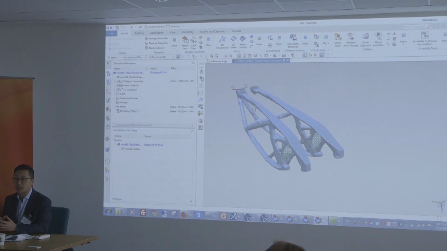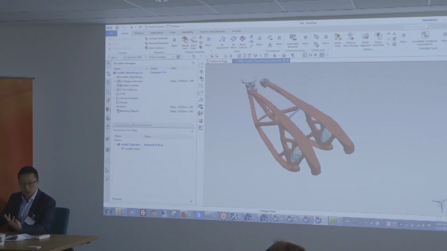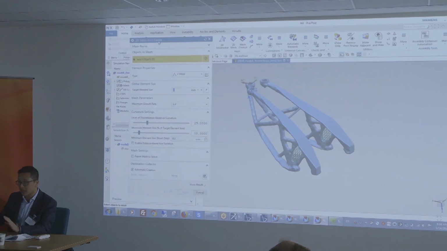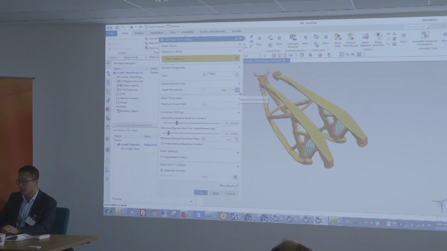It's not easy because it's essentially one big facet. So, every mesher algorithm will try to look for edges to create those elements, and because there's no edges in that model, it won't be able to mesh. Okay, we do have a tool that's designed just for that. It's called 2D Mesh from Facets, and it allows you to mesh these kinds of bodies automatically.